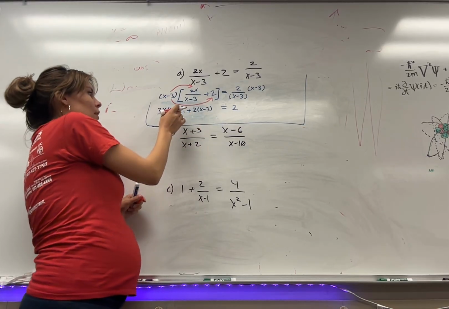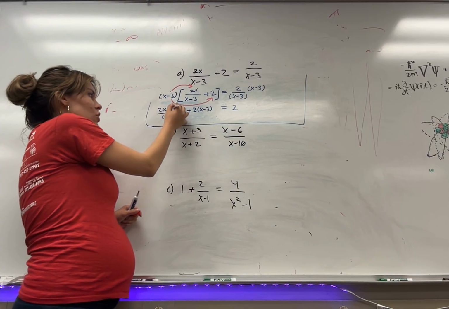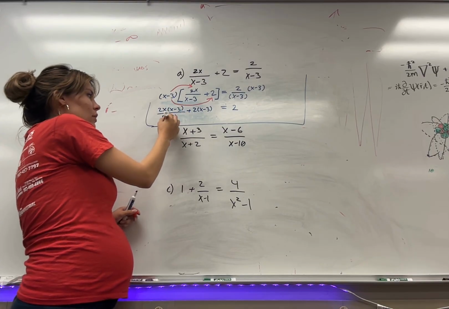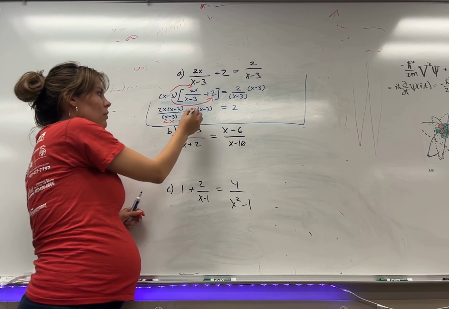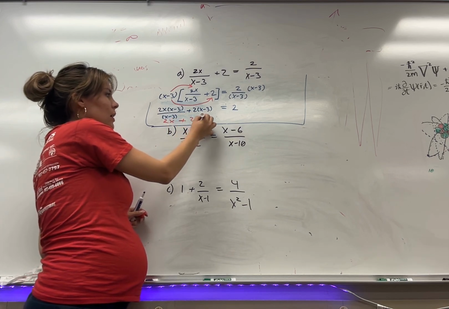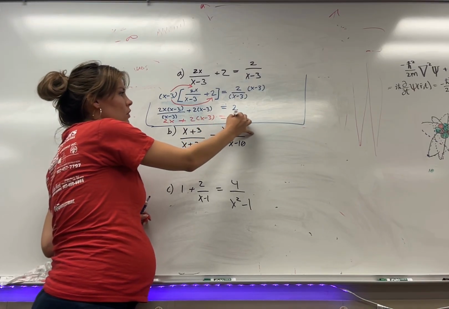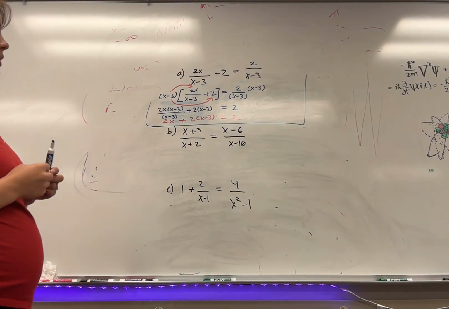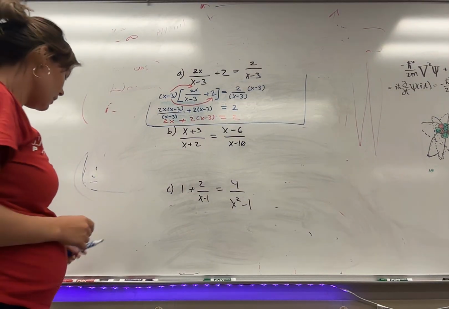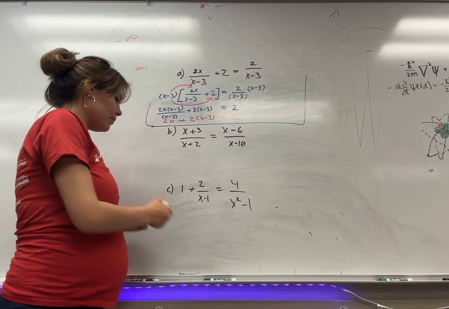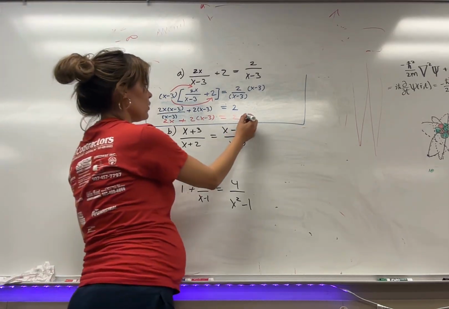Now what's great is we also have cancellation here. 2x times x minus 3 divided by x minus 3. This is just x minus 3 divided by x minus 3. That's 1. This becomes 2x times 1 plus 2 times x minus 3 is equal to 2. And now we simply have to FOIL this out. Shoot, we're running out of space. So if we continue this over here,